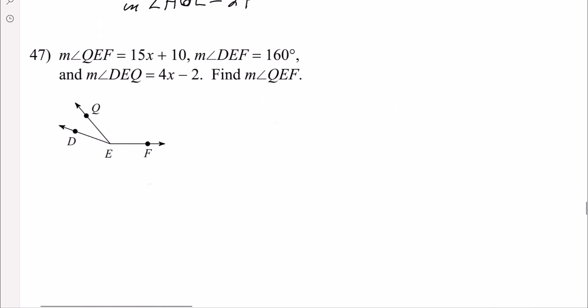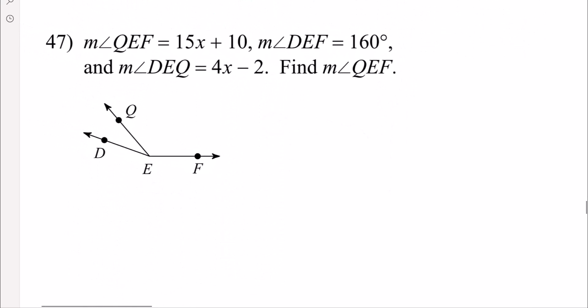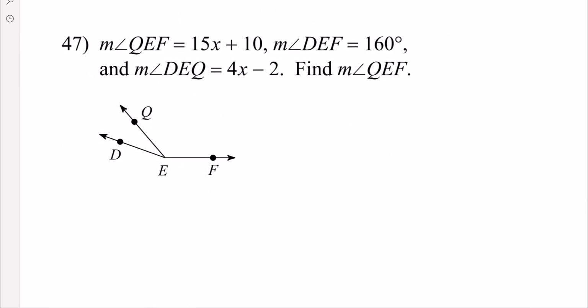Okay, let's move down here because now we've got some x's, but the process is the same. You've got a small angle, you've got a medium size angle, or larger than small, and then you've got the two angles put together, which I would call the large angle. And the small and the medium angles added together equal the large one. So let's see what we have to find. We have to find angle Q. So we have to find this medium